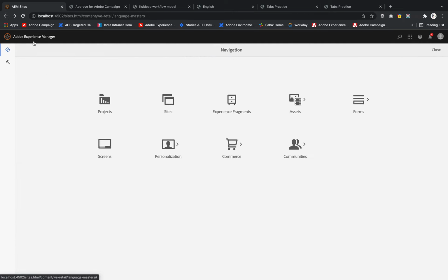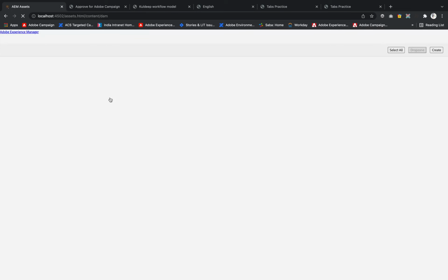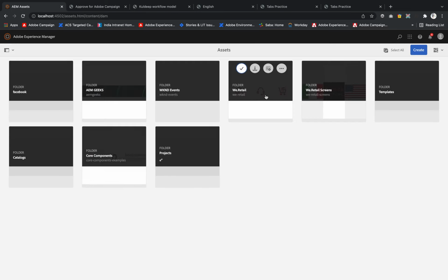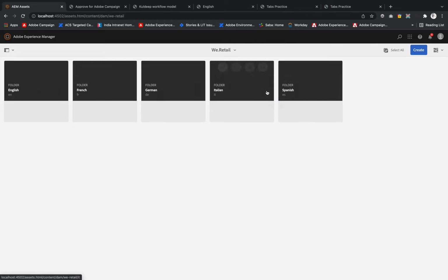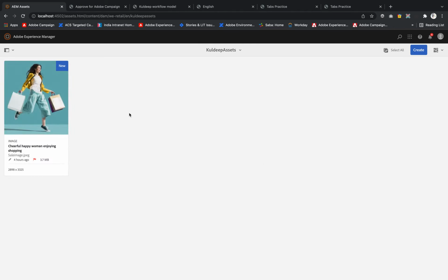Okay, so in order to create our content fragment, first of all go to the assets, and under the files we want that particular content fragment inside our vretail folder. So we will select that and we want under English, and inside the English if I say Kuldeep assets is there, right? So I will pick that particular folder, and what I will do, I will just hit a button